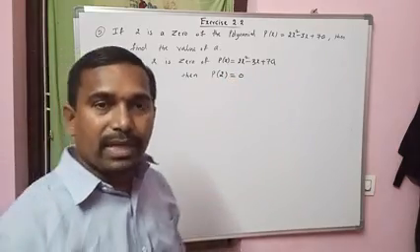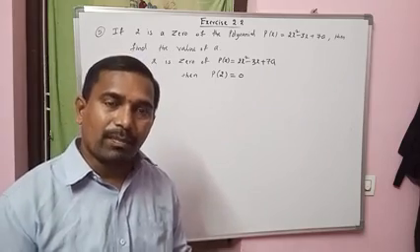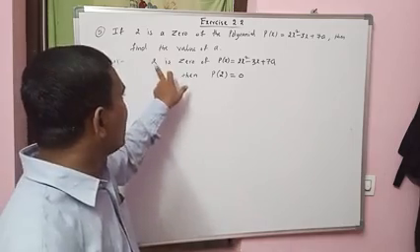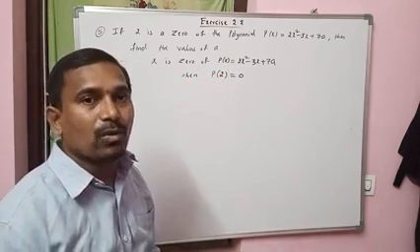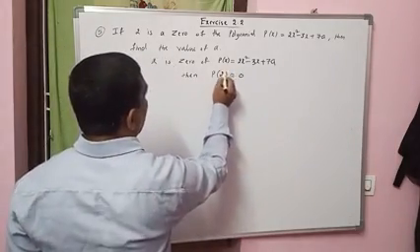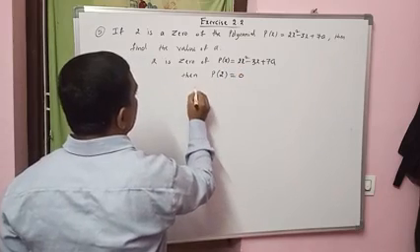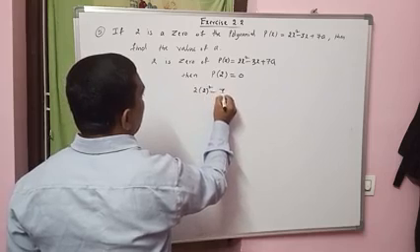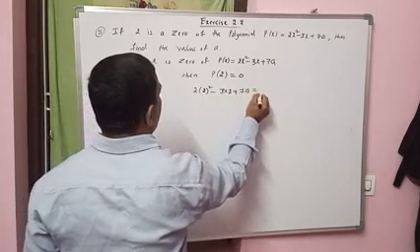2 is a 0 means if you substitute x value 2 in the given polynomial, that polynomial value becomes 0. P of 2 is 0. So, let us substitute in p of 2. Write x equal to 2: 2 into 2 whole square, minus 3 into 2, plus 7a equal to 0.